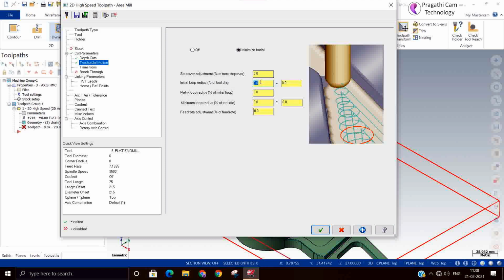So you can see everything is in terms of percentage of tool diameter. You are free to modify. Something it's not allowing, you see, it's not allowing me to change. Okay.